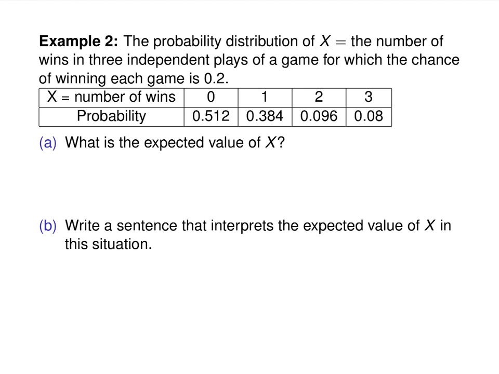Okay, so here we have a game, and we are playing the game 3 times. And we assume that they're independent plays, so the fact that you win one game does not affect the fact that you win the next. And the chance of winning each game is 0.2. So I could have technically made you do this table by yourself, but I gave it to you. But where does this